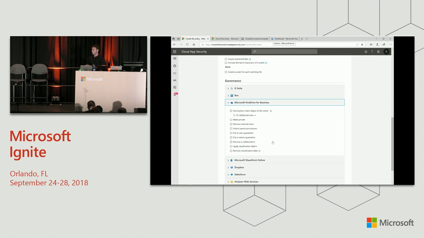You can also decide that you want to remove all sharing or apply a protection label to make sure that this file is protected. And the beauty of the solution is that it provides you, on one hand, with out-of-the-box recommendations, best practice policies, and on the other end, also with power user capabilities that you can configure the policies to match your specific organization needs.